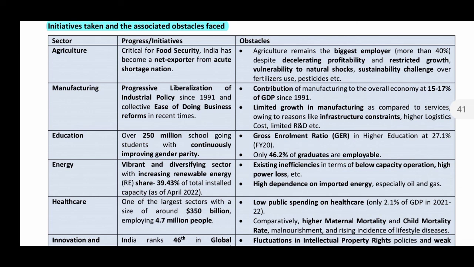Then what obstacles did the manufacturing sector face? The contribution of the manufacturing sector to the overall GDP has been only 15 to 17% since 1991. It means that in 1991 it was fixed at 15 to 17%, and in 2021 even after 30